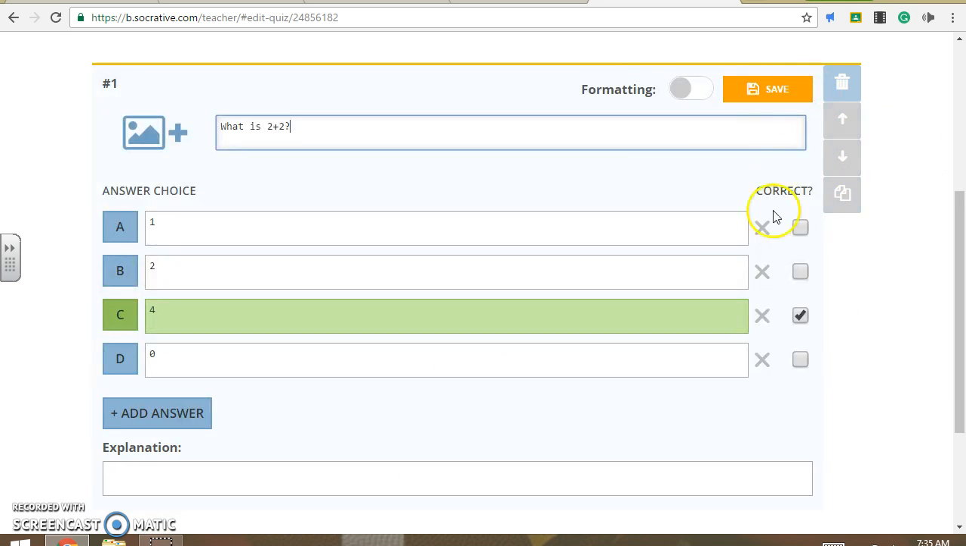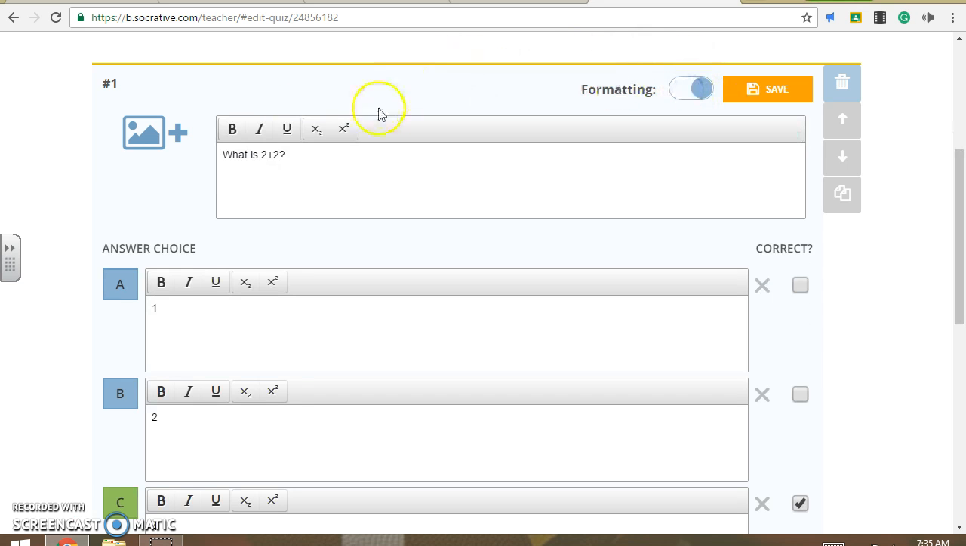Now, something that I didn't point out, let's go back and look. There's also this formatting button. If you turn on the formatting button, it allows you to bold, italicize, underline, and then you can also put in subscripts and superscripts in case you have exponents or something to that effect. So this works really great for math, which is very difficult sometimes because they forget to put in equation editors, but that allows us to put in different types of